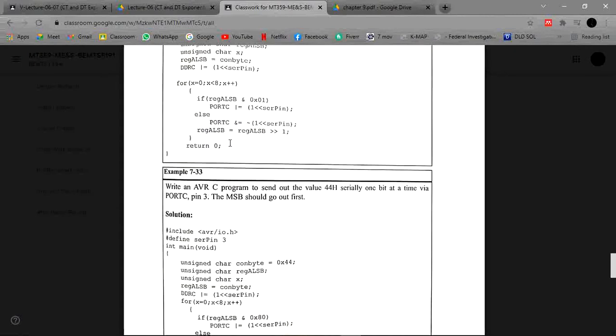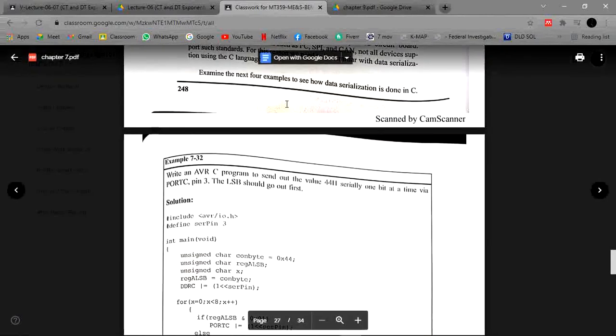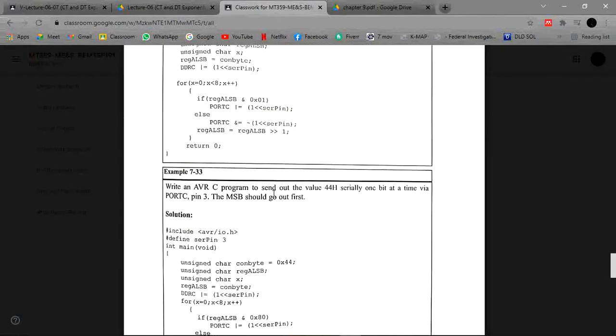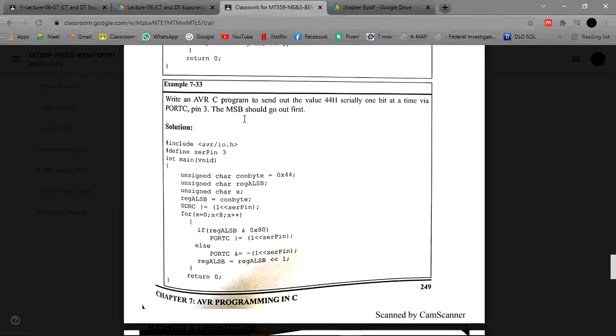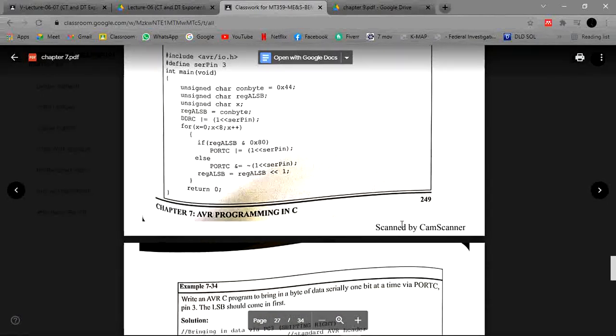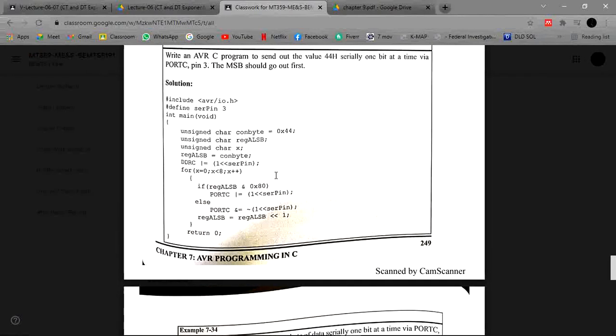Now here we have to write an AVR C program to send out the value 44H serially, 1 bit at a time, via port C pin 3, but the most significant bit goes first. In the previous program the least significant bit went out first, but in this one we have to send out the most significant bit. In this condition we just change the shift operator,